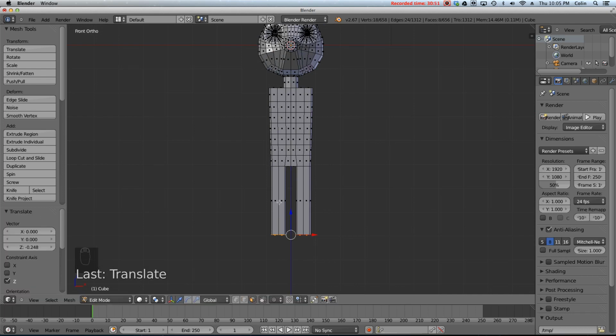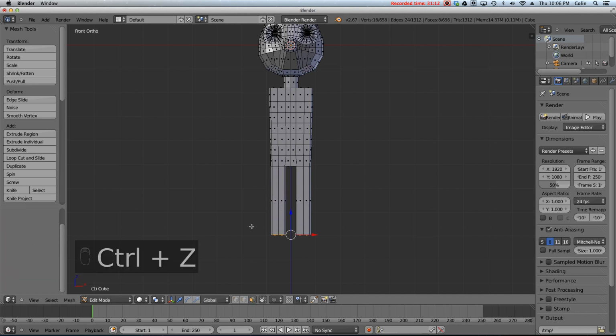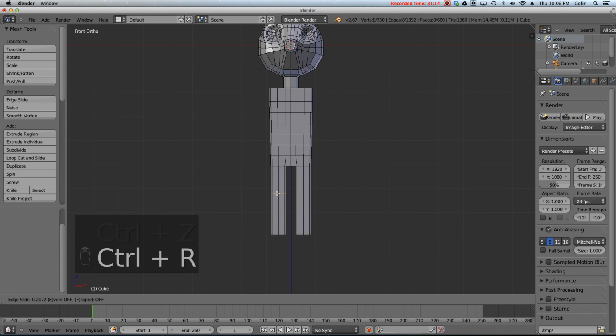There we go. What I'm going to do is make the knee joints first. So I'll do a Control R for a loop cut, put my mouse right about there, and scroll up once to make 2, and then right click to put it in the middle. Now, as soon as you do a loop cut, again you get options over here, and you can slide the loop cut, but I think you should also be able to,